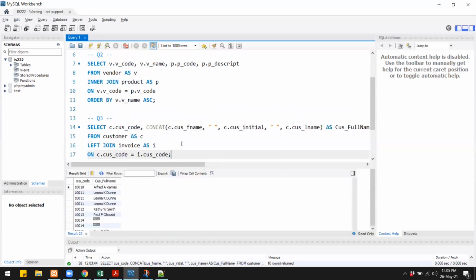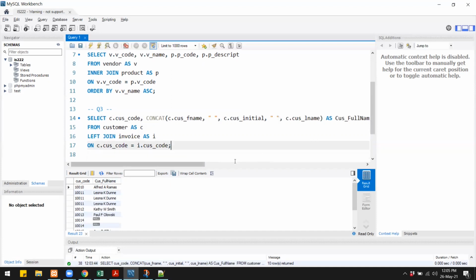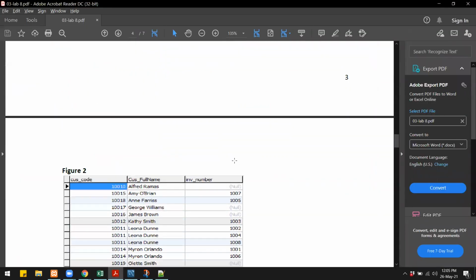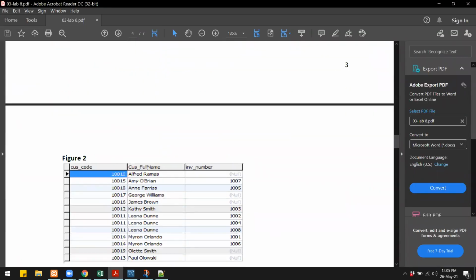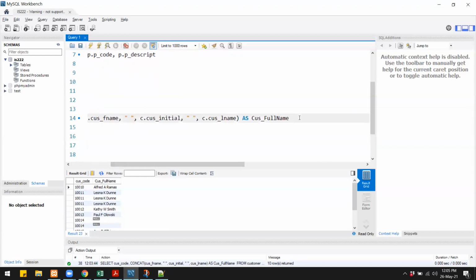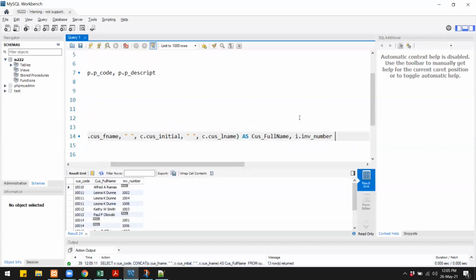All right, so now when I run this, we get the same data as in the customer table, and along with this we need to select the invoice details. So the output is given here. We want the customer code, full name and invoice number. So after selecting the full name, we will select the invoice number. Now run, and we get customer code, full name and invoice number.